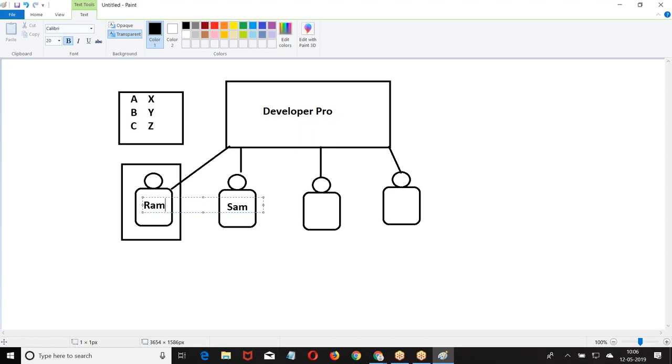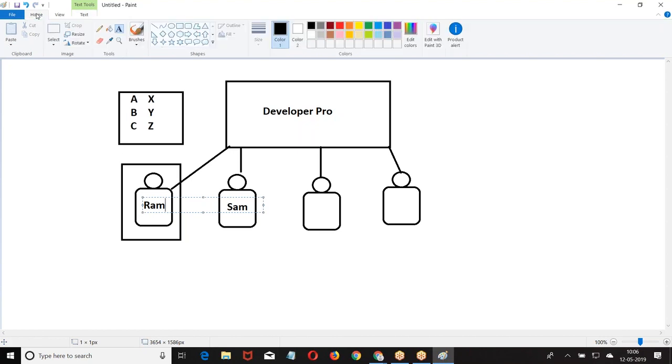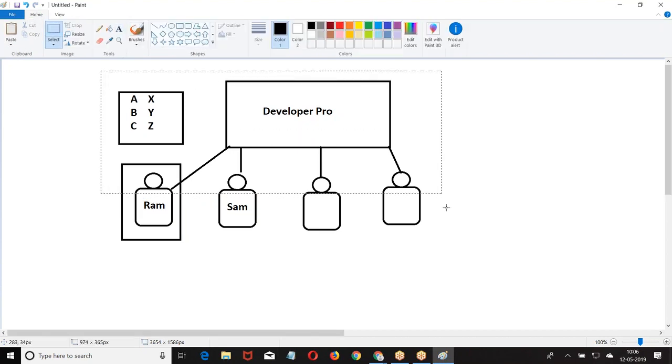Now here, what is happening? When Sham modified, the old code is lost, new code is copied. If I want to get back to the old code, there is no way, because when multiple people are trying to work on the same sandbox, the changes you made are permanently replicated. Now I cannot get back. So to avoid this, Salesforce has introduced a concept called Salesforce DX.